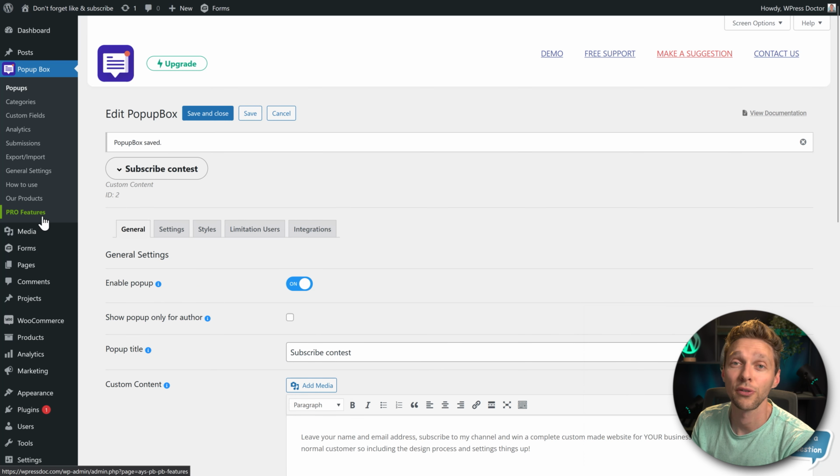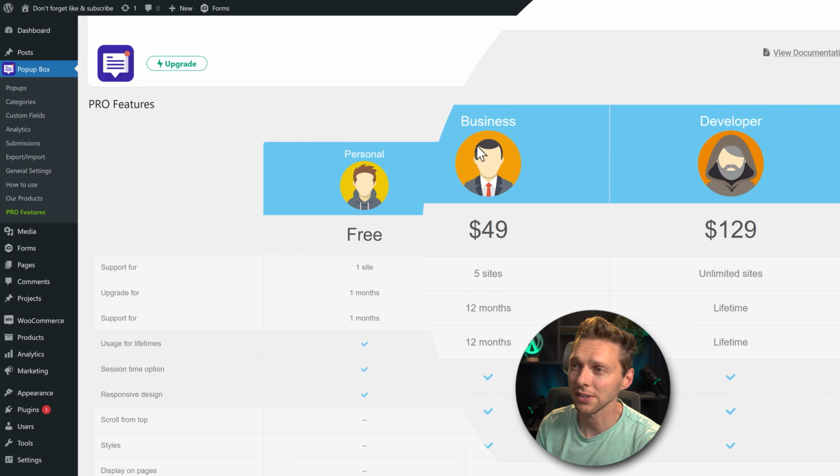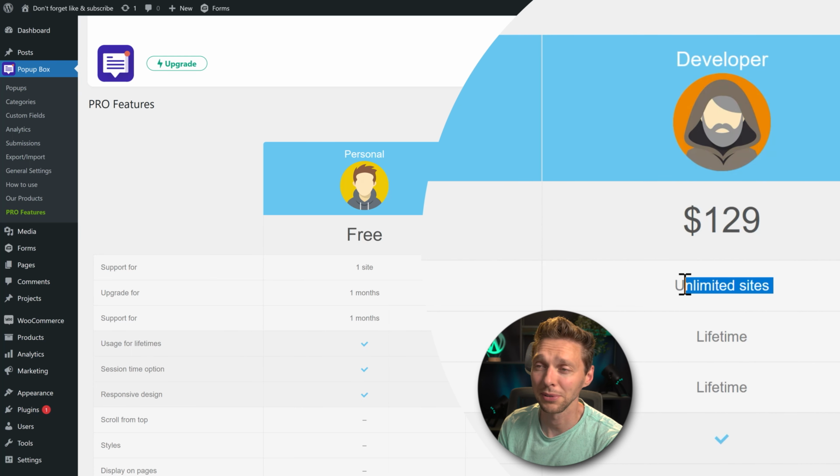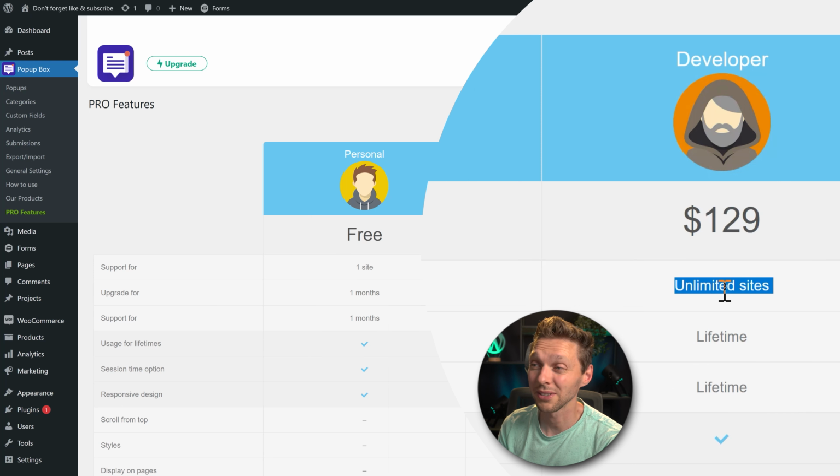And then the last thing to see over here are the Pro features. You can compare the different plans. The only difference is the developer version is unlimited sites, lifetime upgrades and lifetime support. So this is a lifetime deal for unlimited sites. I love that. If you want to support me, go to